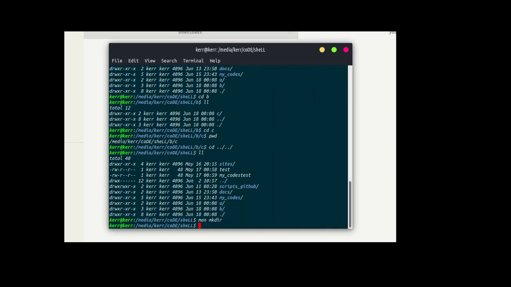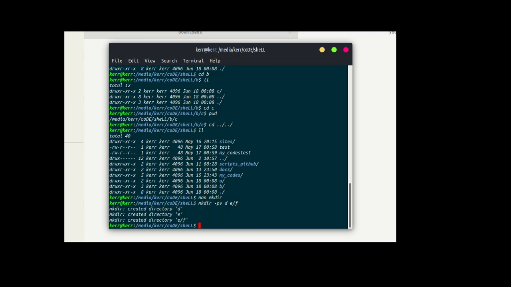Now let's say you want to create directories D and E, and within the E directory you want to create another directory, the F directory. So you can just use mkdir -p for parents, -v for verbose. You want to create the directories D and E, and within E the directory F. That's what we want.